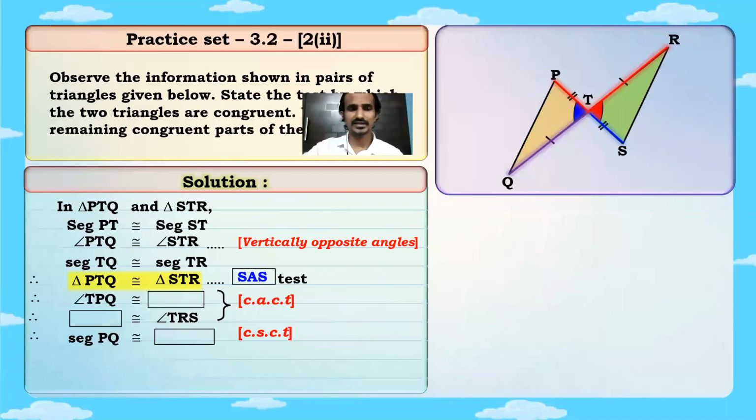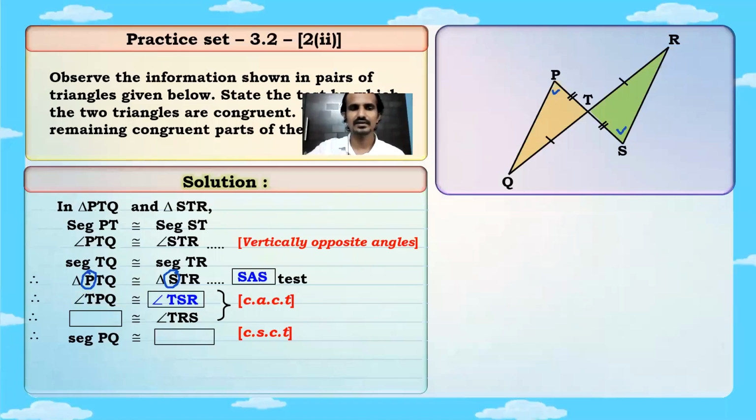Okay, so the next part that we have, we want the corresponding angles. So angle TPQ, that is P. Now understand, so P किसका equal होगा? See the names of the triangle. The first letter is P. So P will be equal to S. So angle P and angle S will be equal. So angle TPQ is congruent to angle TSR. Write that, TPQ congruent to TSR.